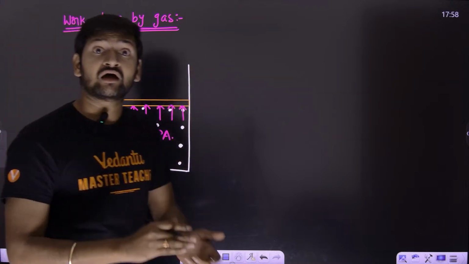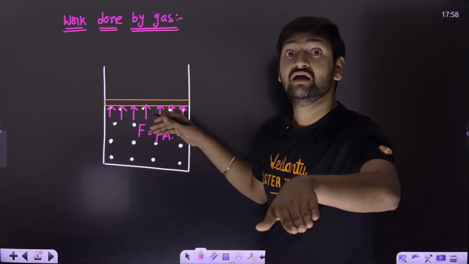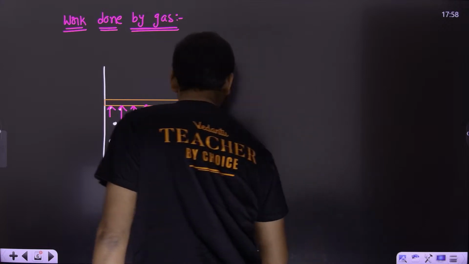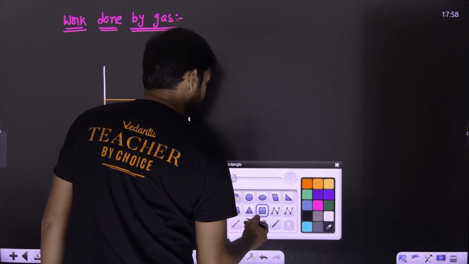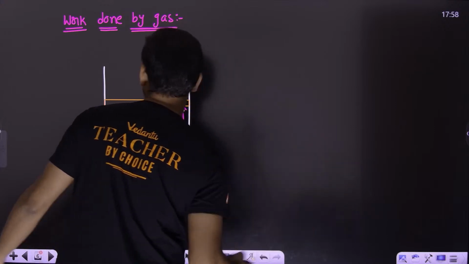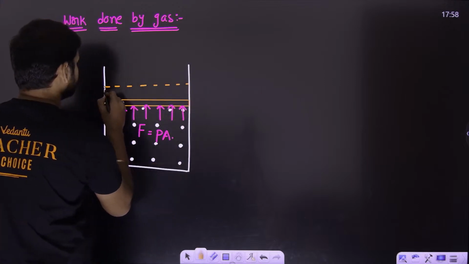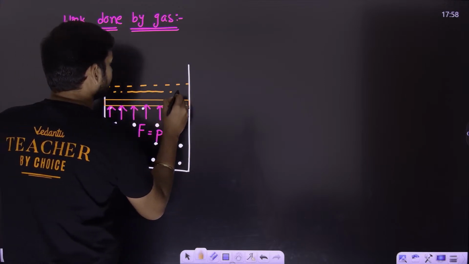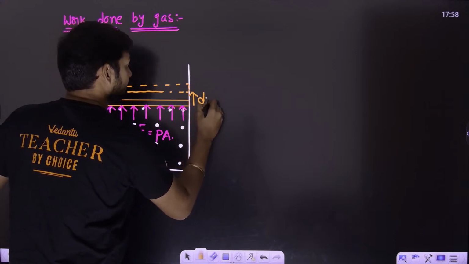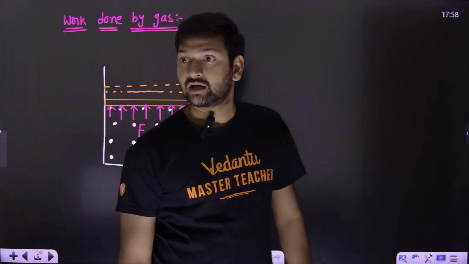Okay, fine. Now this piston, let us take that, is going to be moved by a very small displacement. That piston is going to move by, let's say, a very small movement, which I am taking as dx. Now look,